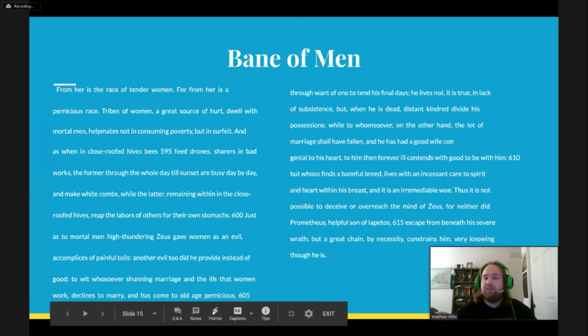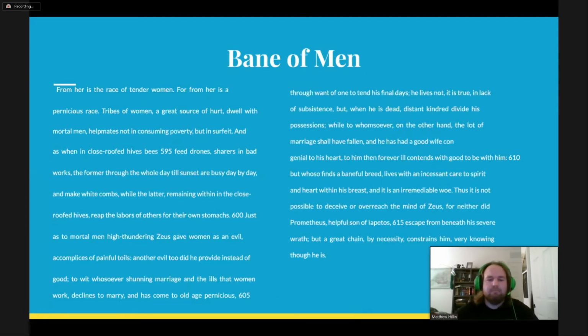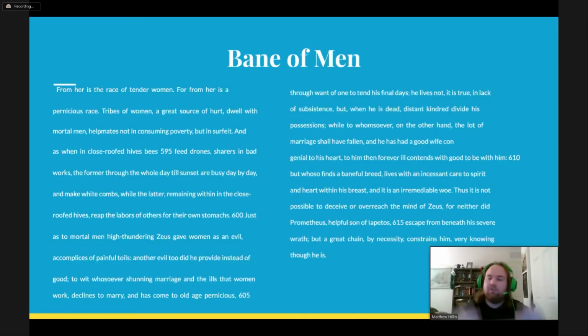Zeus gives women not only as a curse and to drain resources, but he also makes them essential. You have to marry. So what does this mean? I want to see some messages, what you think this means about the societal convention of marriage. Is it a good thing, bad thing? What is it if we're forced to marry? What do people want to be doing? Let me see some answers about that.